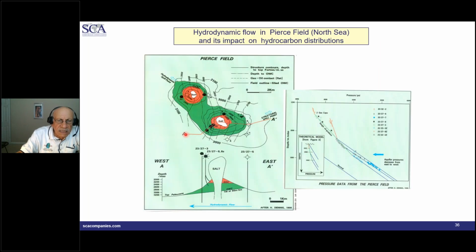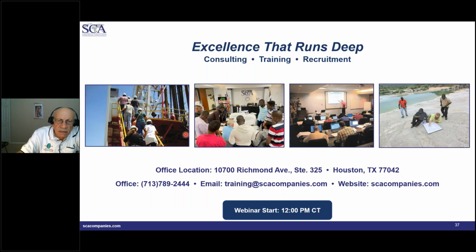This is an example from the North Sea. I don't think the North Sea will be used because some people talk about putting carbon dioxide in some of the old reservoir in the North Sea. Anyway,